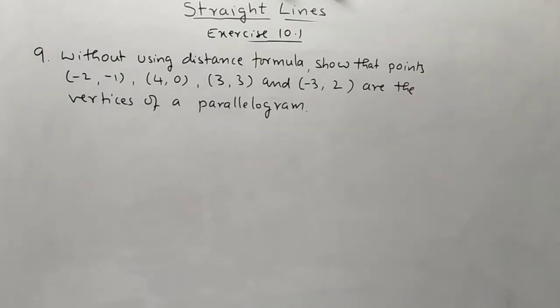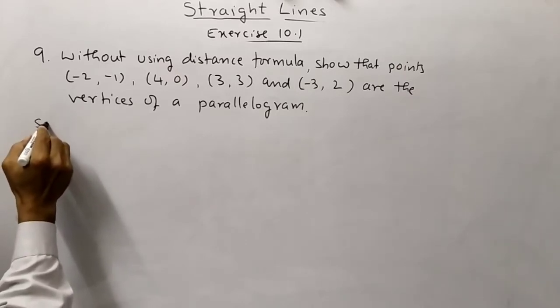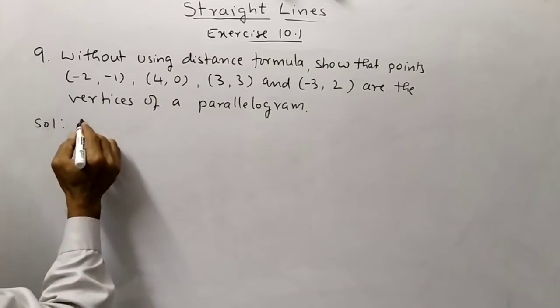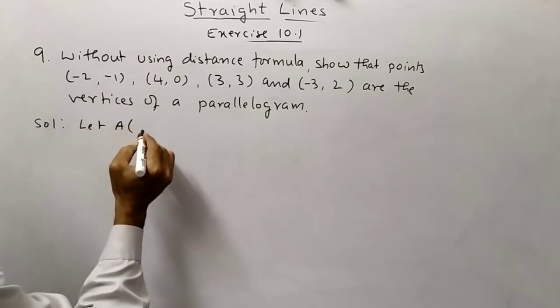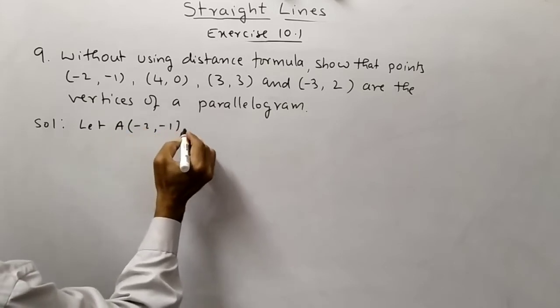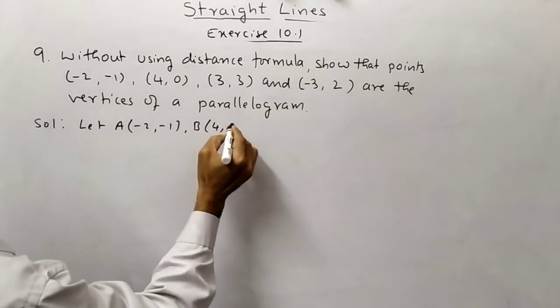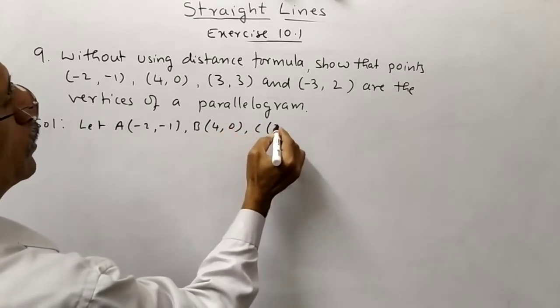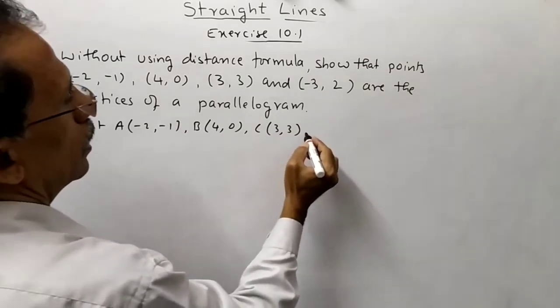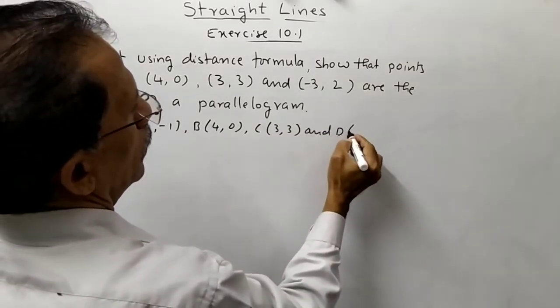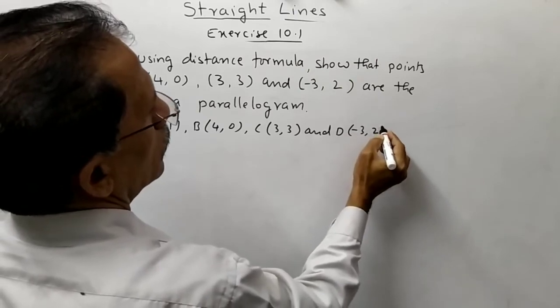Question number 9. Without using distance formula, show that points with coordinates (-2, -1), (4, 0), (3, 3), (-3, 2) are the vertices of a parallelogram. Solution. Let A with coordinates (-2, -1), B with coordinates (4, 0), C with coordinates (3, 3), and D with coordinates (-3, 2)